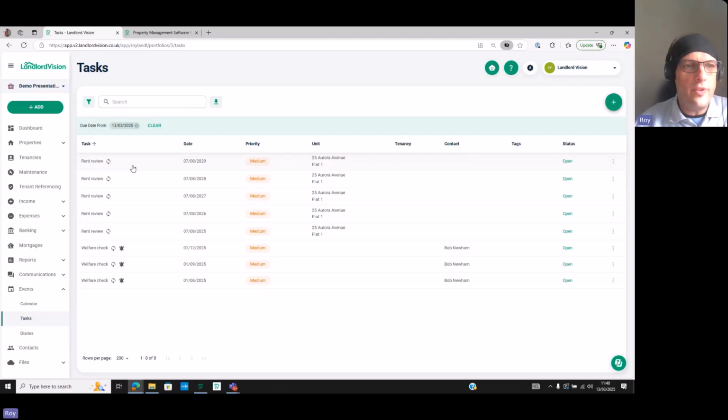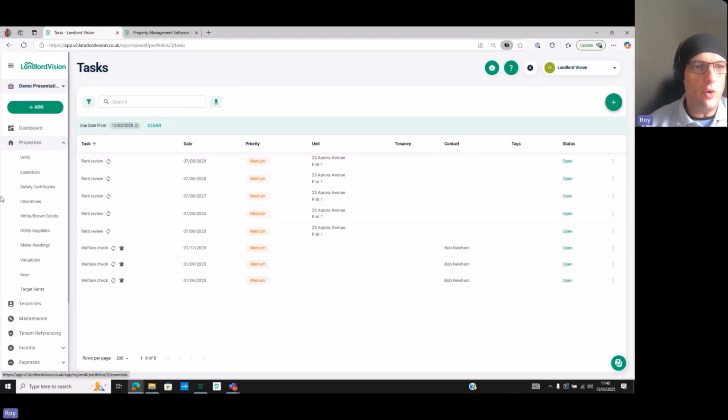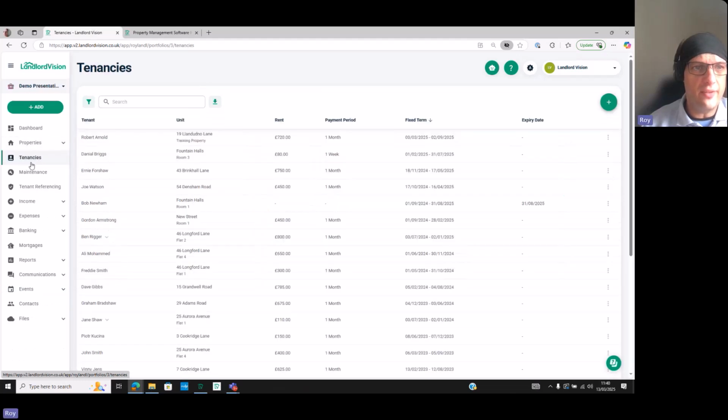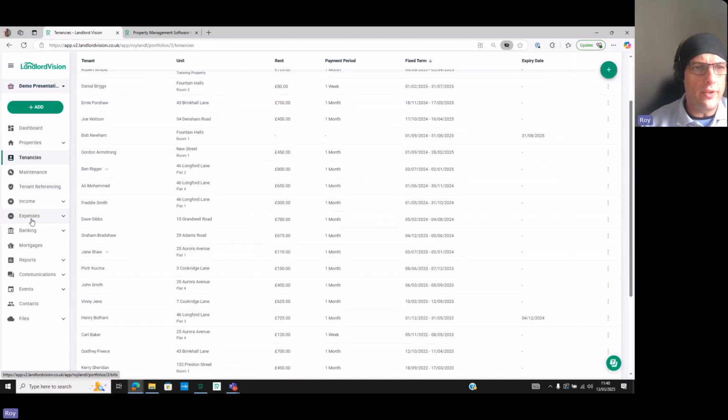So as you see, it's quite a few bits and pieces that we've been doing. I'm sure there's a number of you who are still on what we call the old legacy system who are looking at this going, I wonder when they're going to let us onto this. For a while now, we've had a tool that will migrate all this property information, the list of the tenancies, the list of the bank accounts,